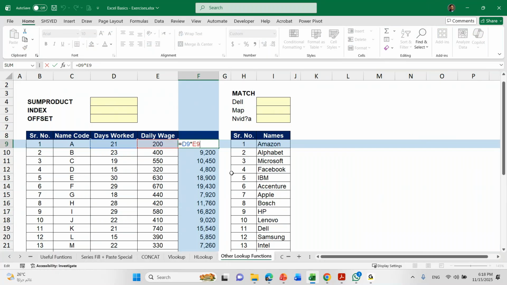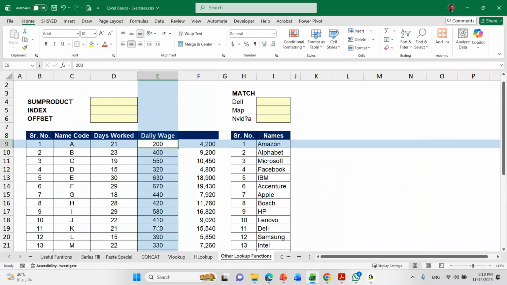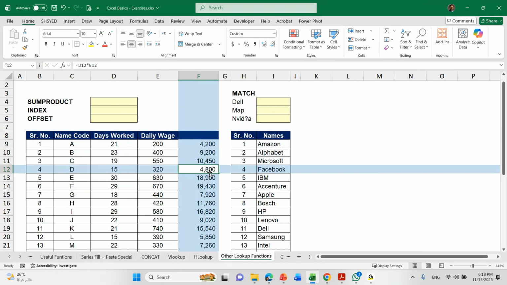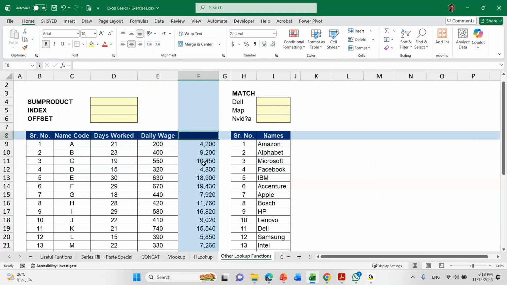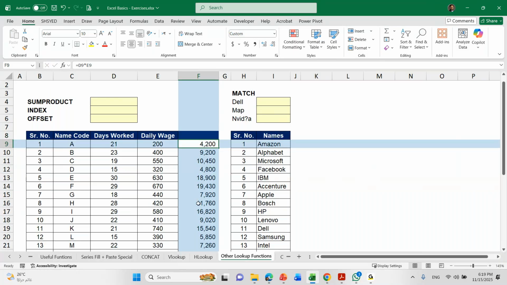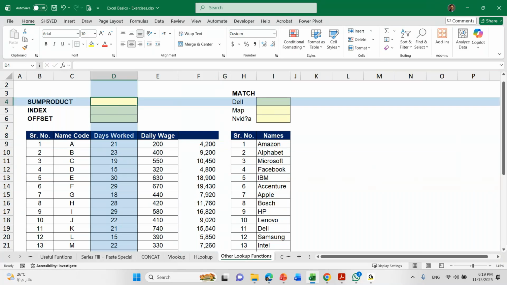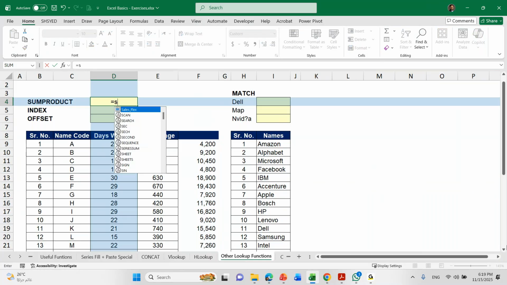Now, in your database, you have these values, which are days worked and daily wages, but these worked numbers are not available. Now, if you download these values and you need to calculate the wages payable to each employee, this is possible. You can multiply these. But if you need only the total value, then this sum product function can be a very helpful function. And if I write the sum product function here,